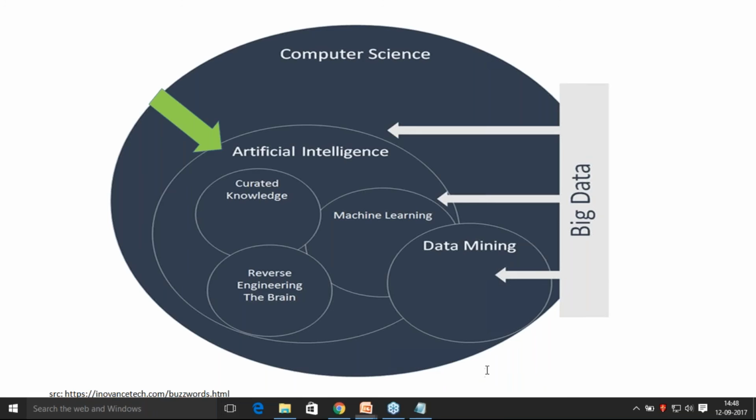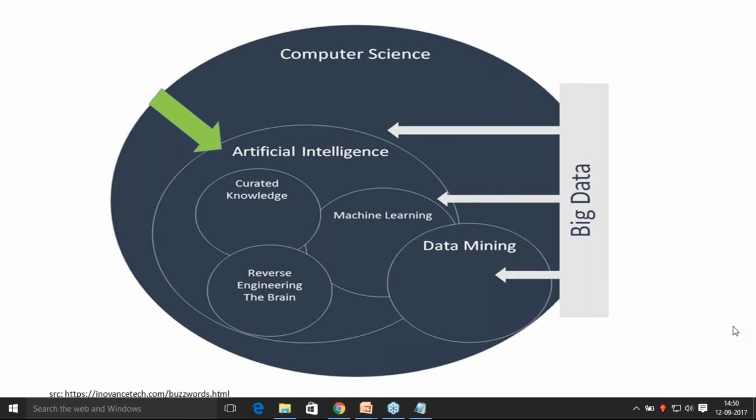So it's very important when we model our AI application. We need to know how humans are solving, because AI is now popular because it is adapting itself to solve the problems our human brains solve. Okay. So I hope I have cleared your answer. What is reverse engineering the brain?